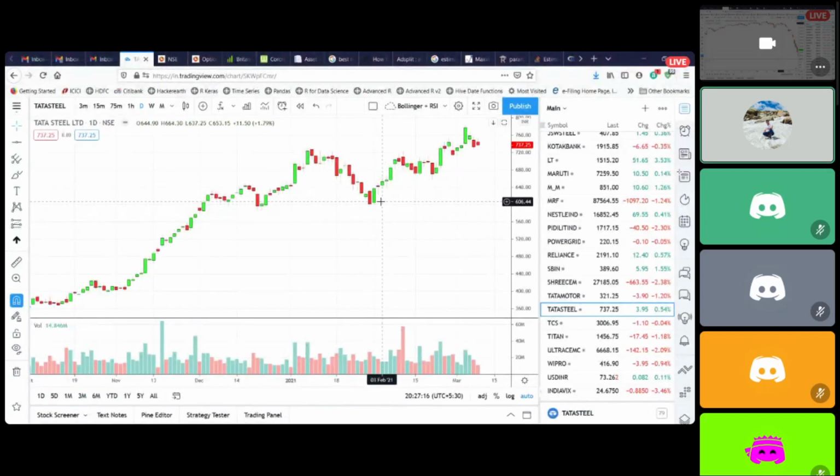My sole emphasis is on the candles more than the volumes. So volume, I said, should be decent enough. So this is still volume of 21 million, which if you compare to previous candles, 16 million, 16 million, 14 million, 15 million. So this is still decent enough volumes as compared to the previous candles. And you look at the volumes in these regions also. This is what, 13 million, 12 million. So in general, it's decent enough. As long as it's decent and the candle is very, very nice, I go long.